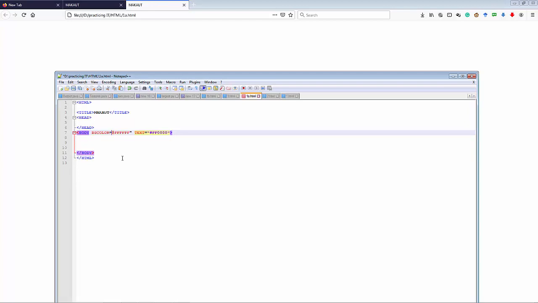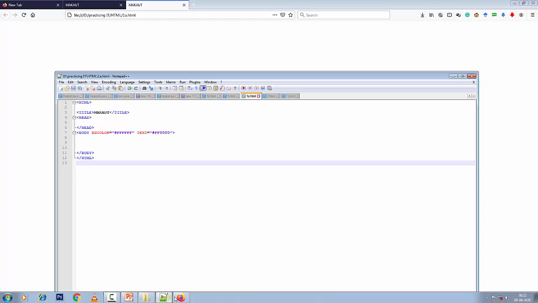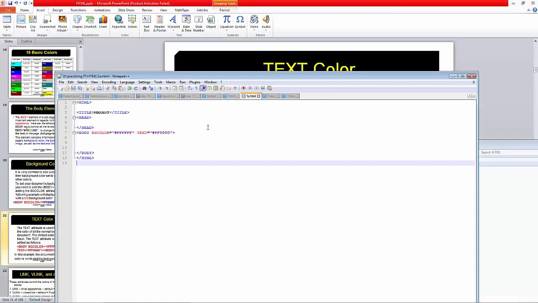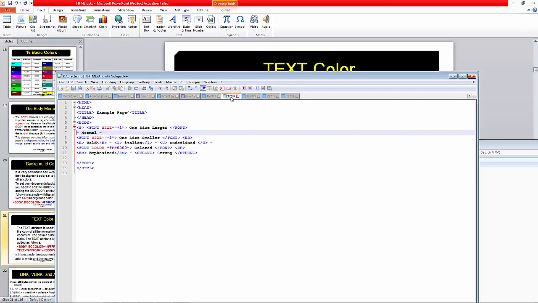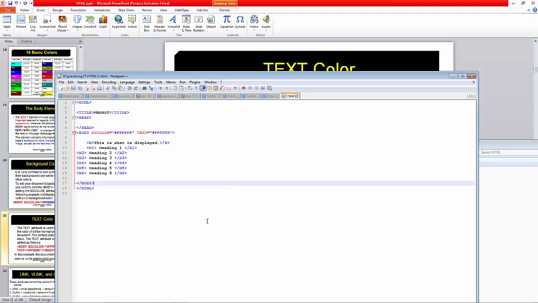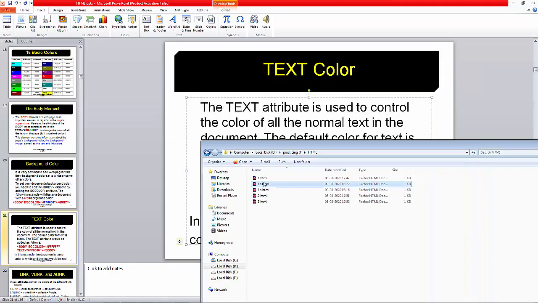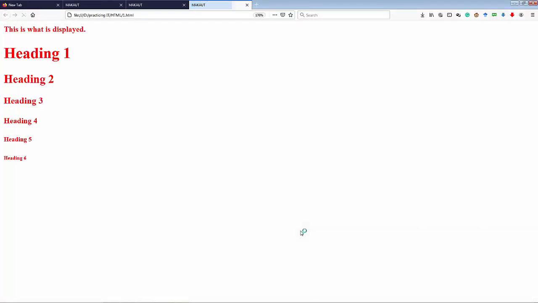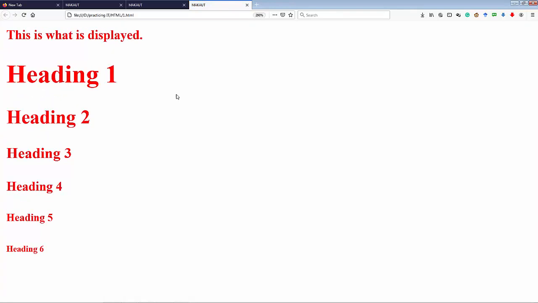We have been removing and inserting this one. 1A.html is here. And at last this one is there. So let me save it once more, and we just have to press F5 if some mistake has been made. So I will show you that one only. Okay, so one also is there, only the heading part has been added to it. Just leave the heading part. This is what is displayed, it is in red color.